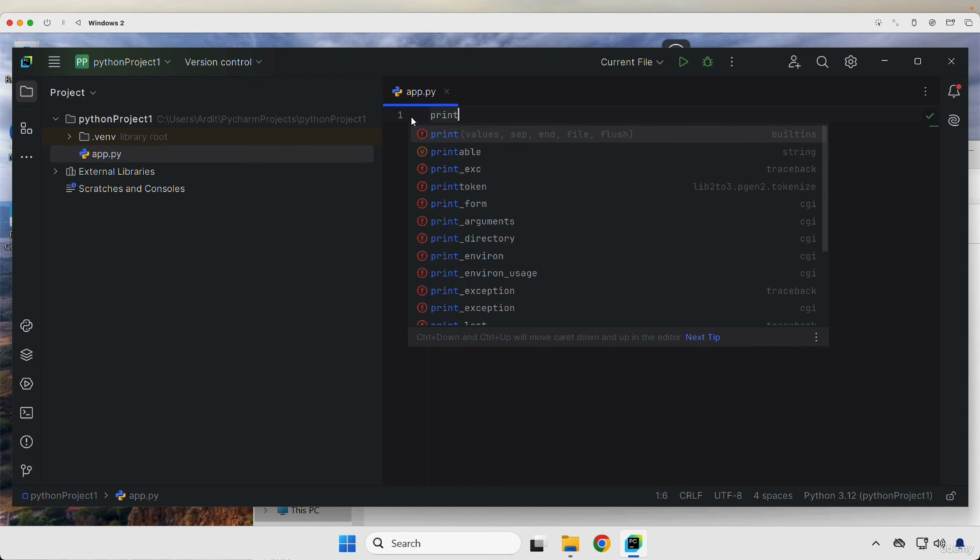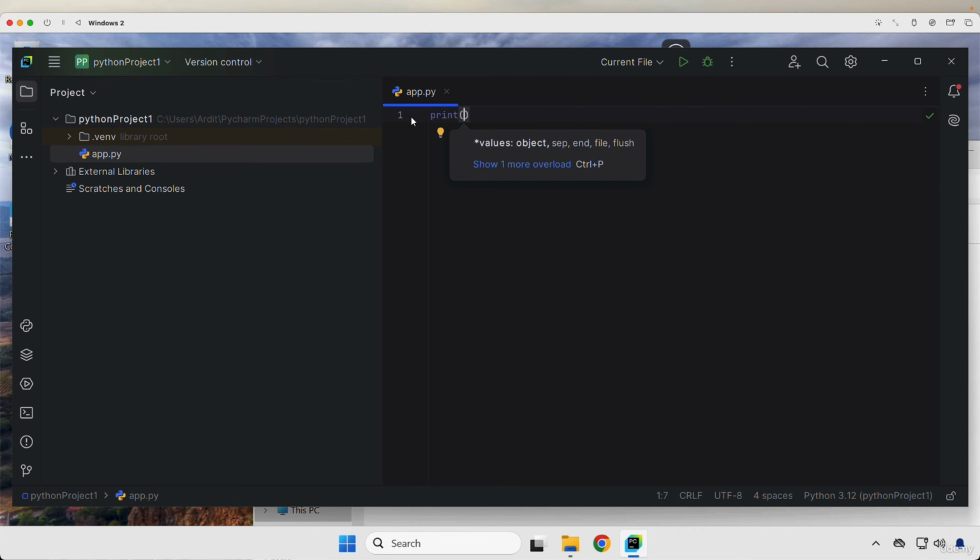A hello world program is something which simply prints out hello world. So it displays a hello world text in the console. And for that, to display text with Python, we use this print function. We'll cover that later also. So for now, just follow me. The purpose of this video is just to show you how PyCharm works and how to create a Python file